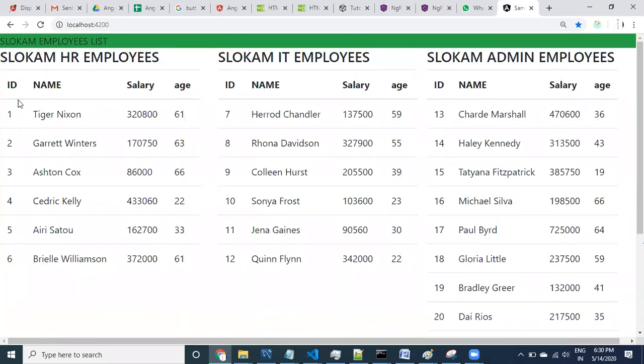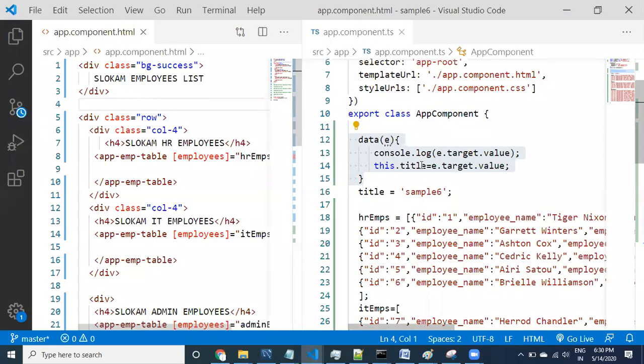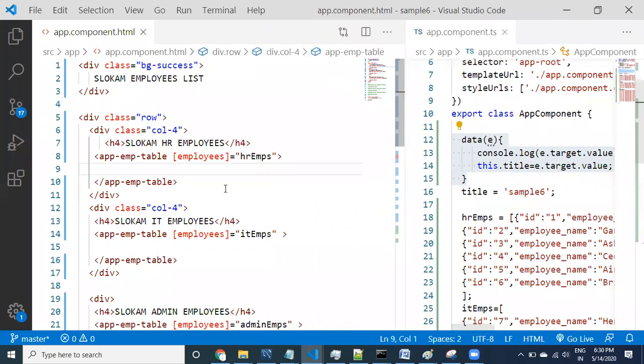Okay, good. And instead of displaying side by side, I would like to display this information one after another. And then I just want to provide even border for these also. So to display one after another, what I can do is, without changing the design, I will apply 12.